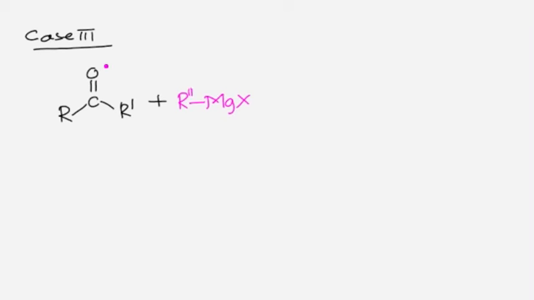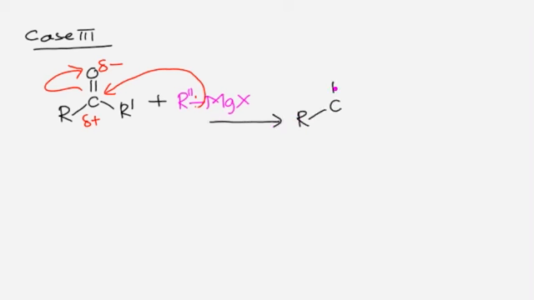So now again oxygen gains a negative charge, and carbon gains a positive charge. This R double dash takes its bonding electrons and migrates towards the electron deficient carbon. Oxygen withdraws its bonding electrons, particularly pi electrons, and it proceeds and forms the compound R, CO minus, then here is R dash, and on this side we have R double dash. And along with that we have MgX also.